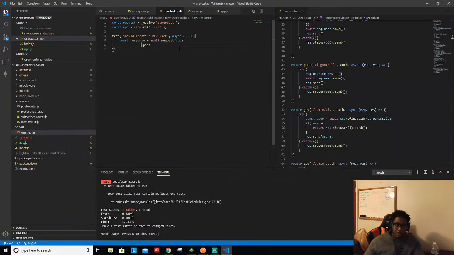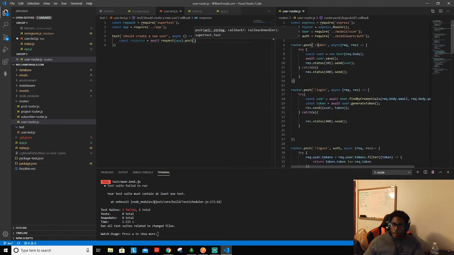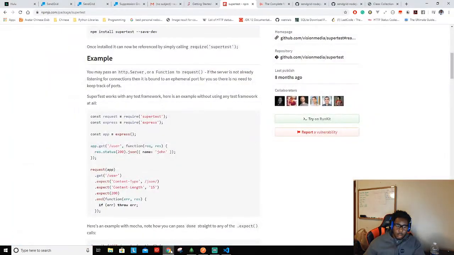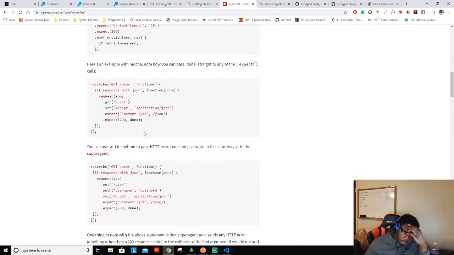so for instance, the first one might stay on, and for the post we're gonna use our admin route. So we'll just copy. So we'll just use same syntax as admin, and then we now have our callback because now we have to send in our body and all that other stuff. I believe, oh wait a second,